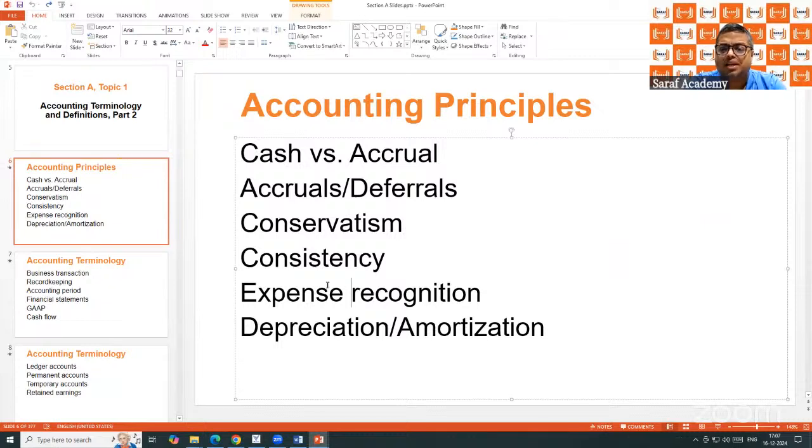Amortization for intangible assets. Behind my video, you can see the Saraf Academy logo and all that. Those are our registered brand name, logo and all that. They are also developed by paying designer fees, by registering with the government and all that. And now they are going to be used in the business for so many years. They need to be depreciated. Depreciation on intangible assets is called amortization.